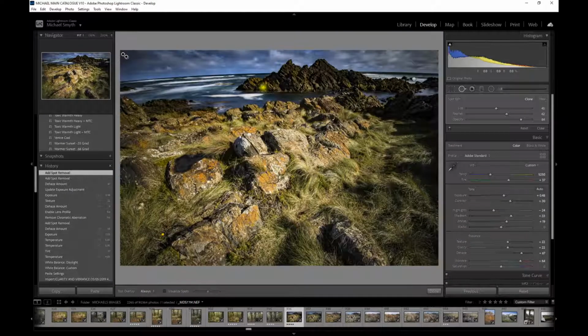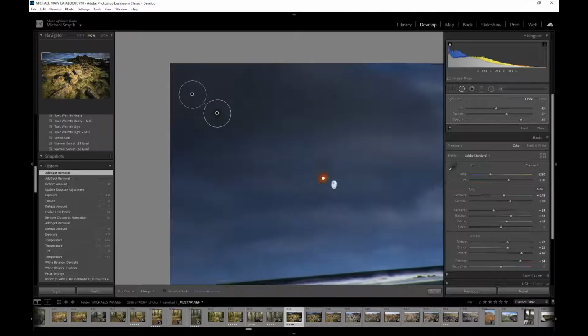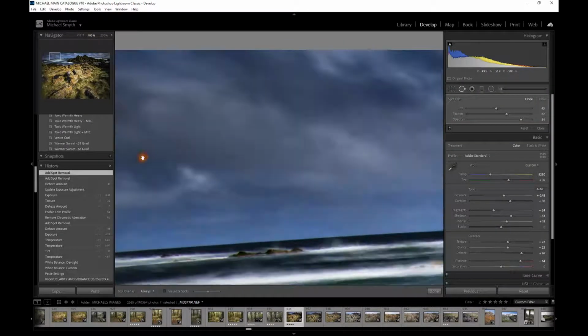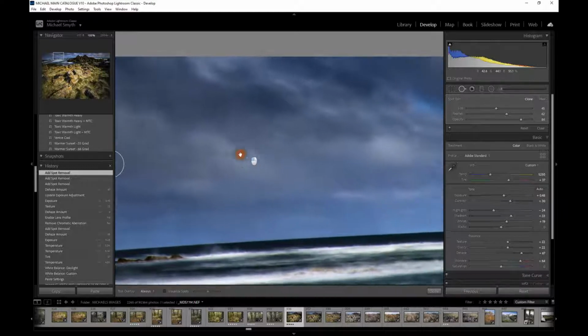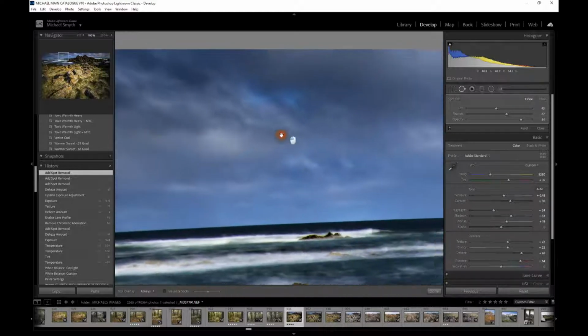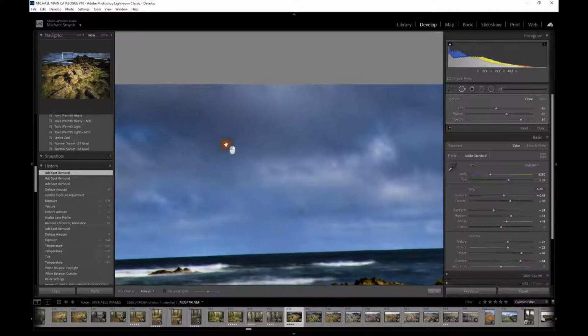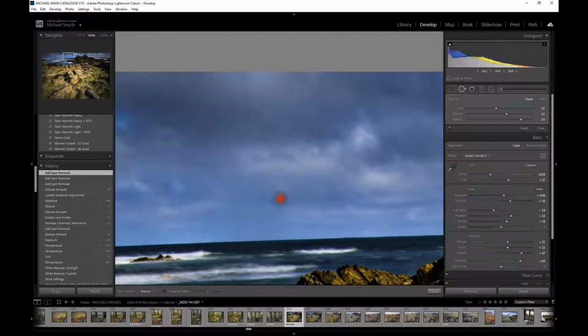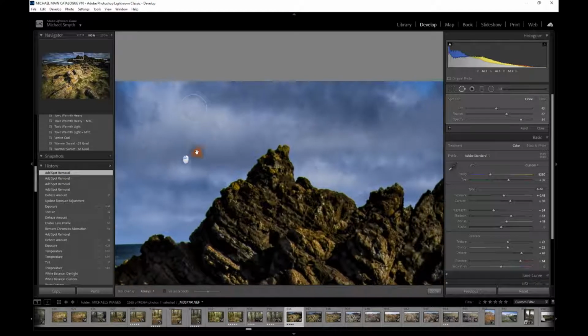And let's have a look. Are there any others that are a problem? We can just scan across the image. Well, here's another one that probably wouldn't have been visible without that, so we can do this. And if there's one dust spot, there's a pretty good chance there's going to be more. So using this technique of increasing the dehaze amount, you can easily see the spots without having to turn that